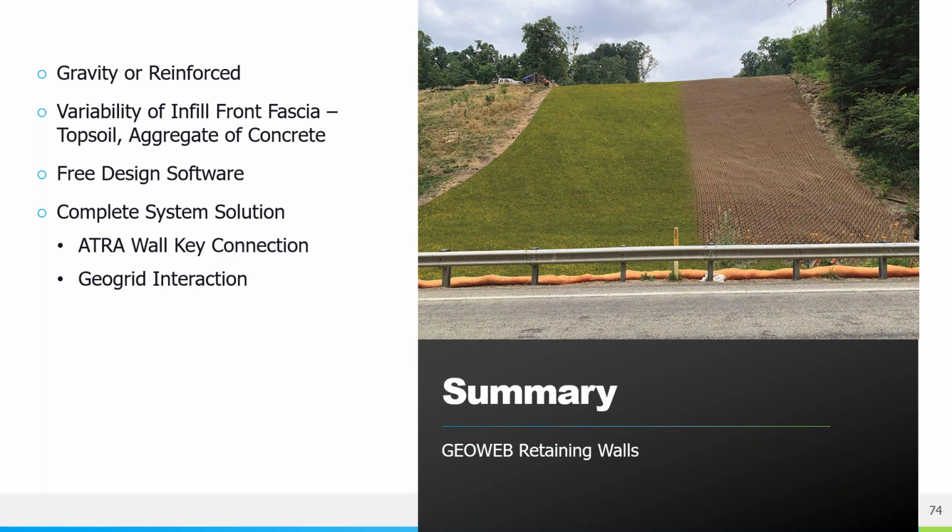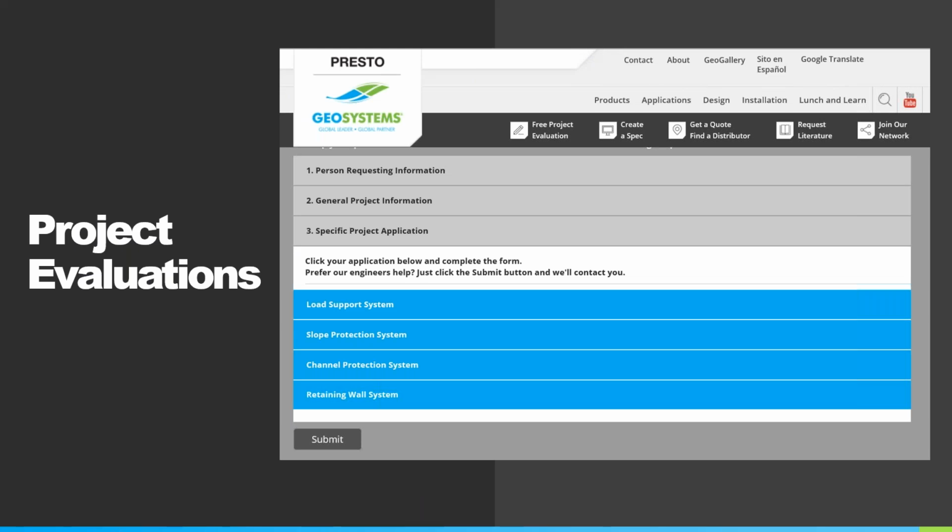If you do an MSE wall design, it is going to be a complete solution. We're going to include that Atra wall key that's going to provide that permanent connection, something that staples and zip ties cannot do. We're going to work with you whether it needs a GeoGrid for tiebacks for reinforced walls. We're going to give you the strength, we're going to give you the type, and we can work with different manufacturers, especially if you have one in your area that you like to work with. So here you can see, just from our website, we have a really good website here.